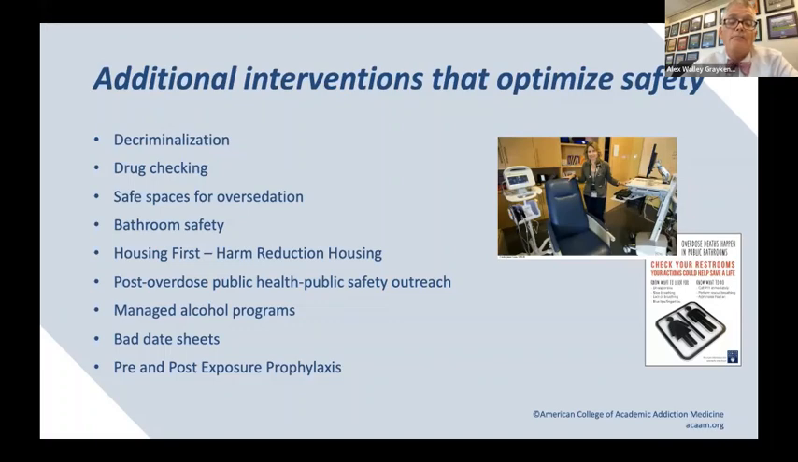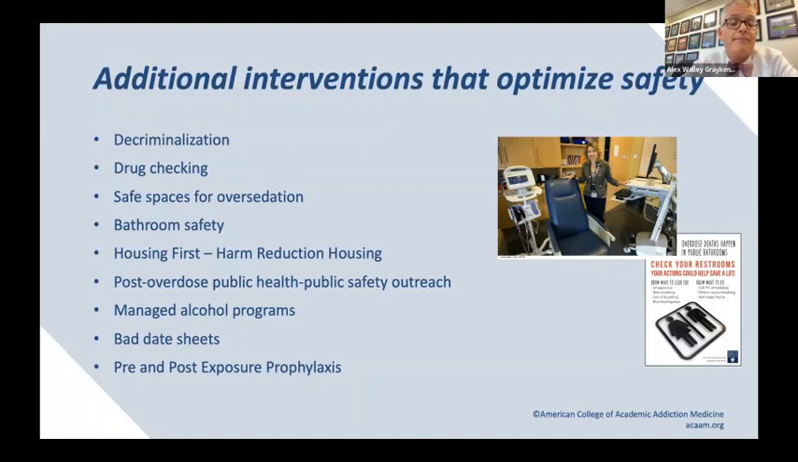There's bathroom safety. Many bathrooms have been closed down because of the pandemic, but a bathroom is a clean private space where people inevitably are going to use drugs. Recognizing that, we need to figure out ways to make bathrooms as safe as possible. Housing and overdose and harm reduction often are overlapping opportunities and concerns. So housing first, harm reduction housing is another really important thing that we've been thinking about a lot here in Boston,